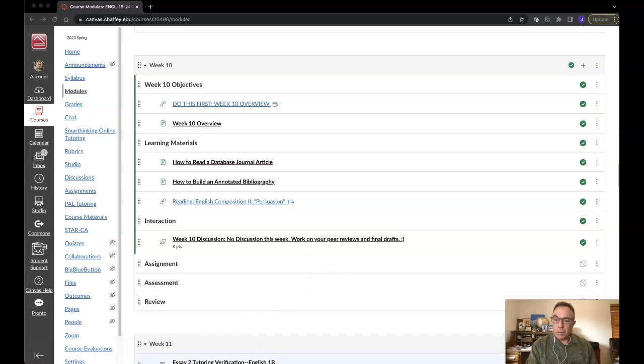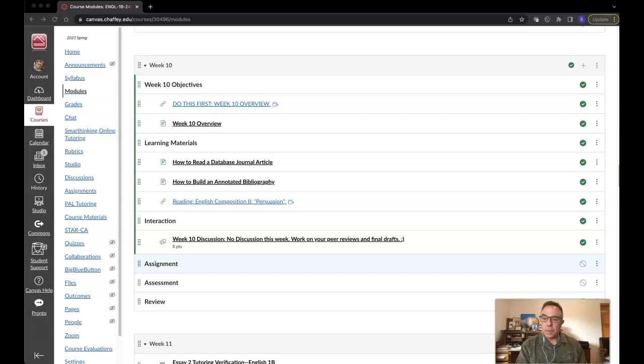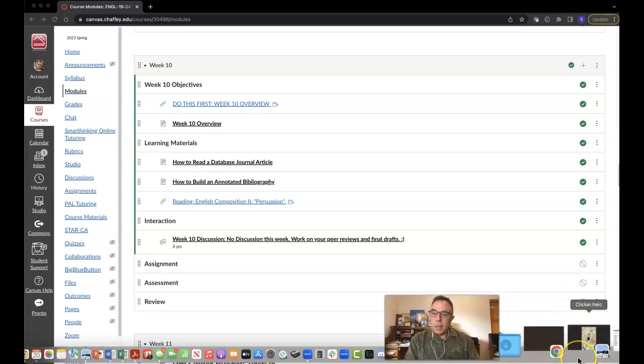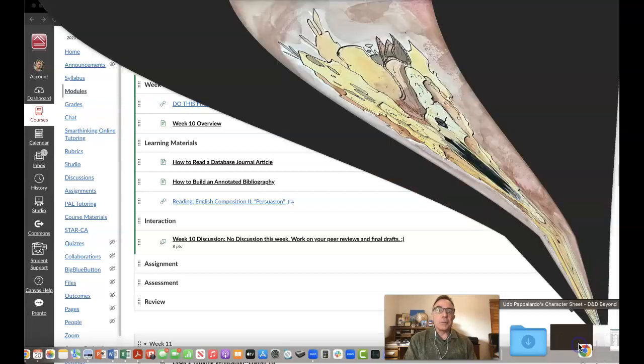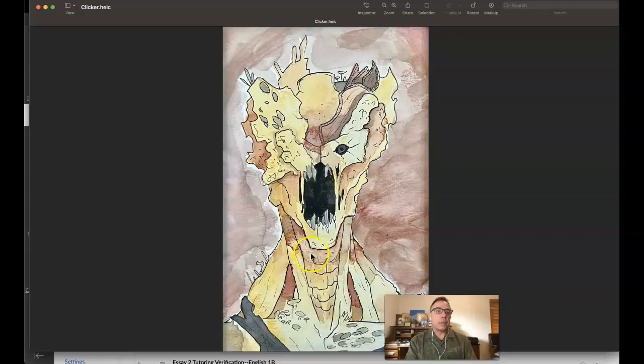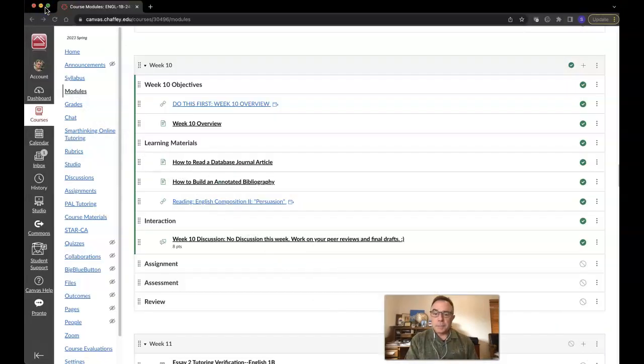Before we do that, though, I wanted to show you something. I'm going to move this guy around a little bit, if it'll let me. A lot of you were talking about The Last of Us. I know some of you now watch the HBO series, so it's better known. So check this out. Here is a watercolor that my son Matt painted for me for my birthday of a clicker. Pretty scary, huh? All right. You won't be quizzed on that, I promise.